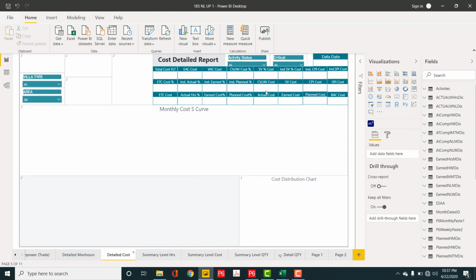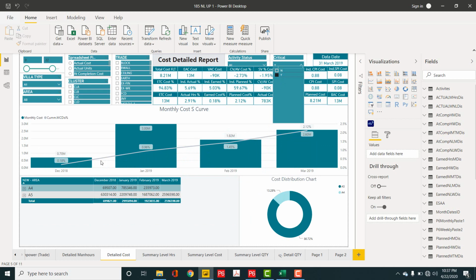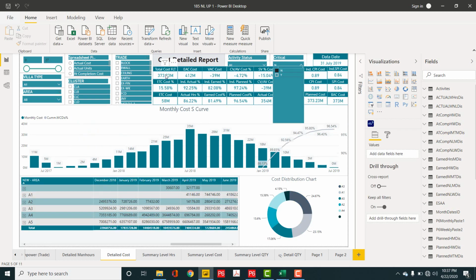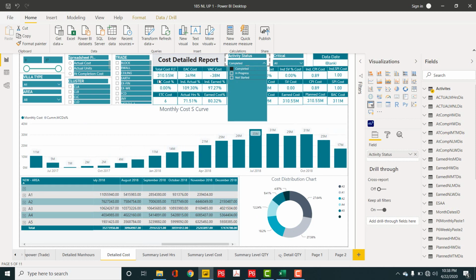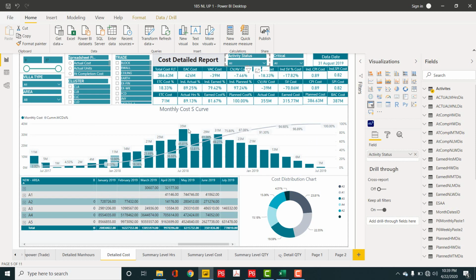Let's say if I go here in detail cost sheet, even in all sheets you will find the critical. I have placed here the critical activities. Let's say if I click here yes, it will give me the data for all critical activities till I select the date. Let's say till the end of the project, these are my critical. Total cost for critical remaining is 13.3 million. So if I want to check non-critical, it will give me the non-critical cost is like 373 million for the overall project. Similarly, I can see status wise, let's say completed activities. It's telling me all the information about completed activities, all the information about in progress activities now. So there are many things we can monitor through, and we can have a very good idea about our project.